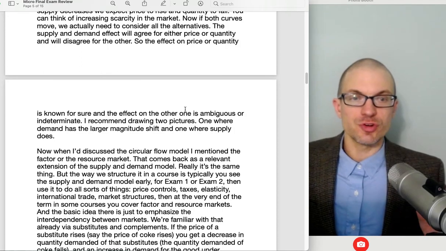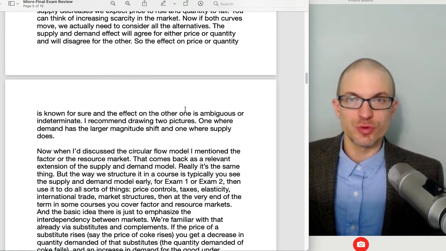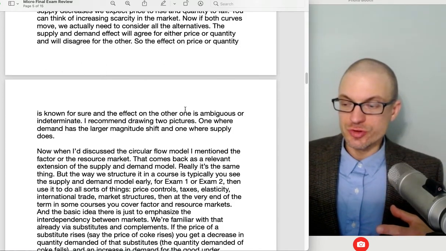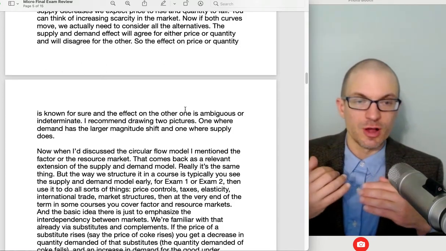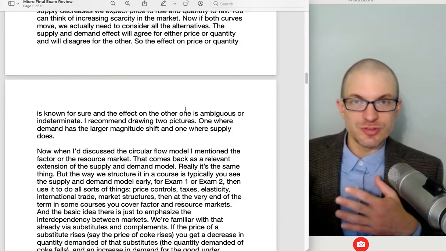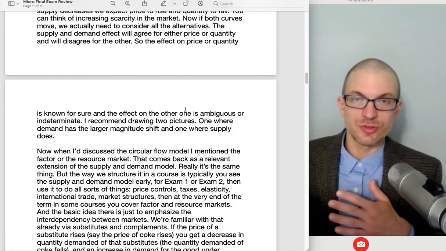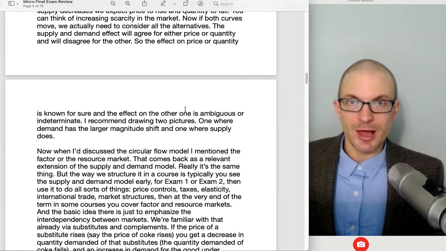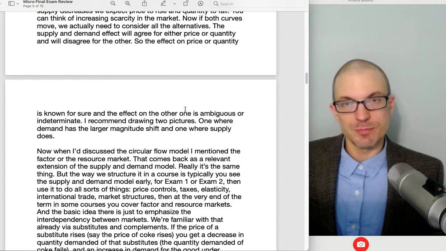So for instance, if we're talking about decreases in demand coupled with a decrease in supply, well, decrease in demand has consumers losing interest, price falls, quantity falls. Decrease in supply has increasing scarcity, price goes up, quantity goes down. They agree on quantity. Decrease in demand and a decrease in supply will both predict a decrease in equilibrium quantity,